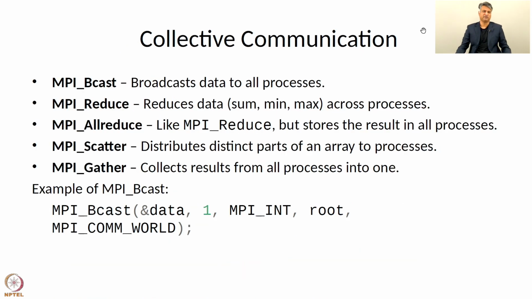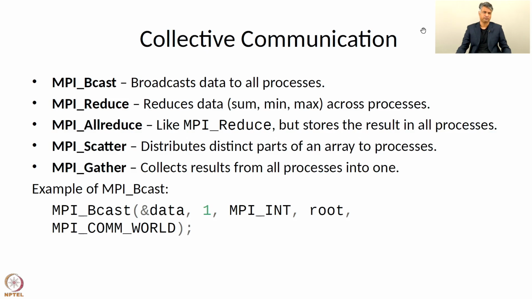Then we have collective communication, where we need to broadcast data, for example. So we use the MPI broadcast or MPI_Bcast function, which will basically take one data member or any large set of data members and broadcast it to all other processes within one command. So instead of writing several MPI send receives together, you can just use a single function to copy that data